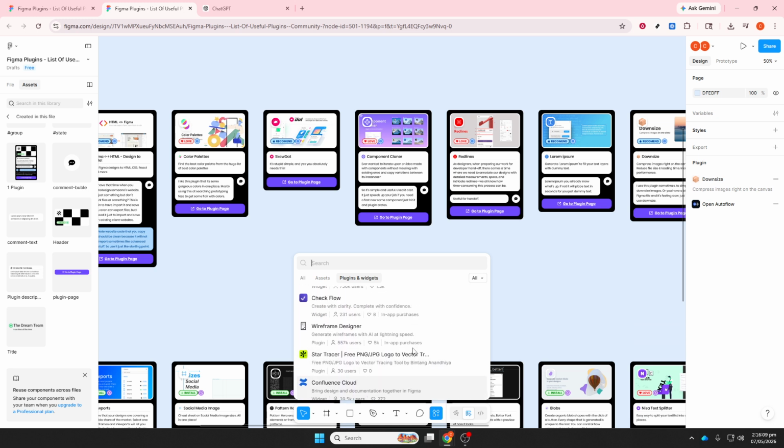Once the basics work, you can extend your plugin to generate layouts, rename layers in bulk, insert icons or images, create social templates, or even connect external APIs. If you do connect services, never embed private keys or secrets in client-side code. When you're ready to share, open Plugins, Development,